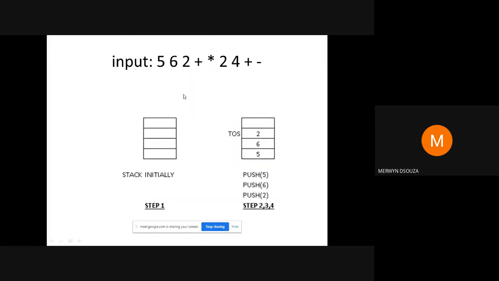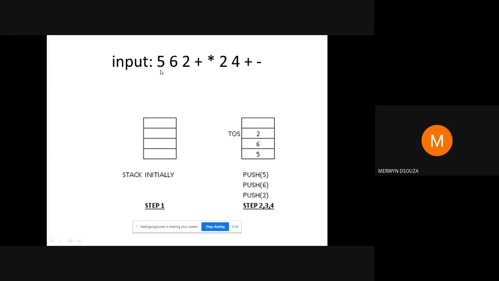So you can just take down this question. Evaluate the following postfix expression.